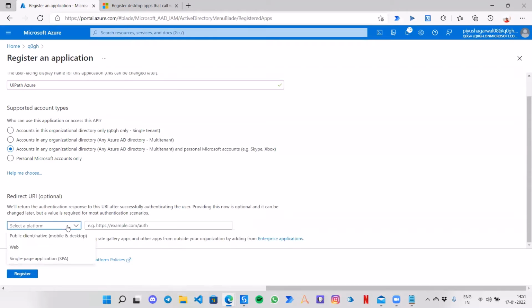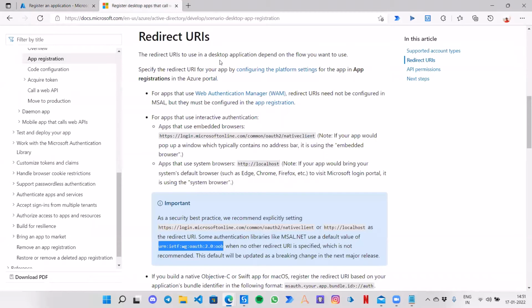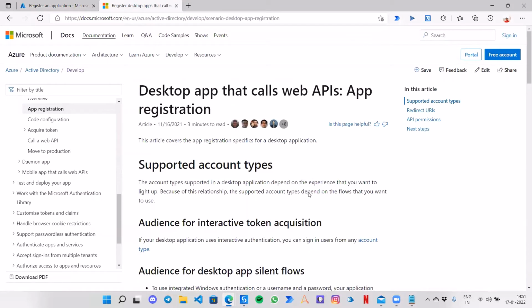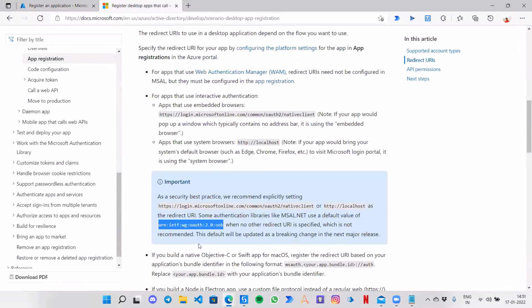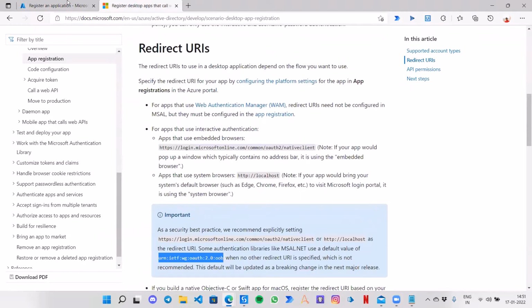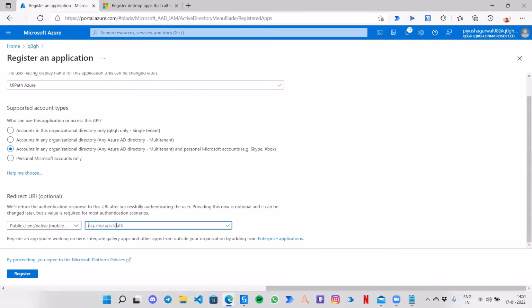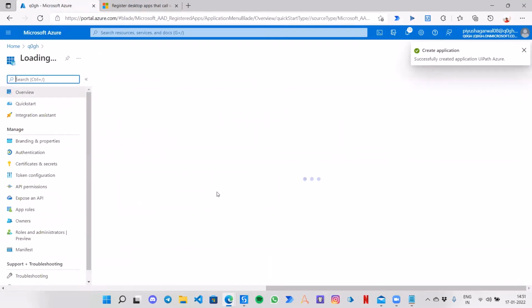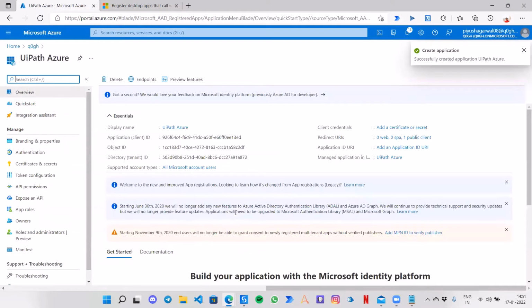Then in the redirect URI, select public client native, and to get its value, go to the web page for the desktop app that calls web APIs, app registration, and over here you can get this value under the redirect URIs page. Then put it over here and click on register. I will provide this value in the description of the video, so you can get it from there.